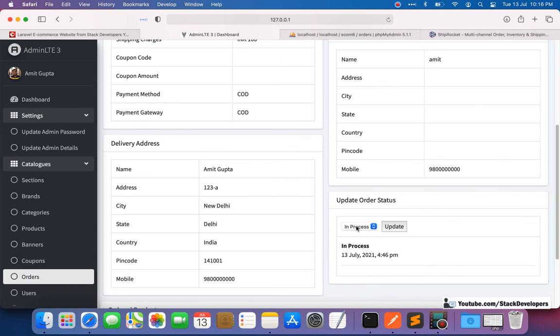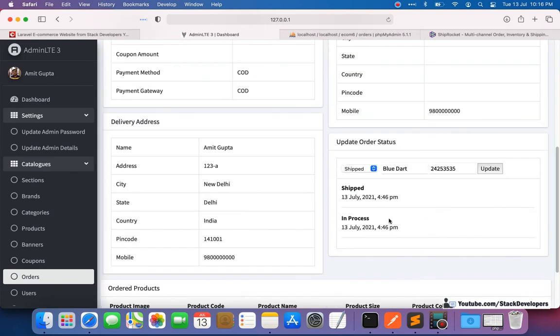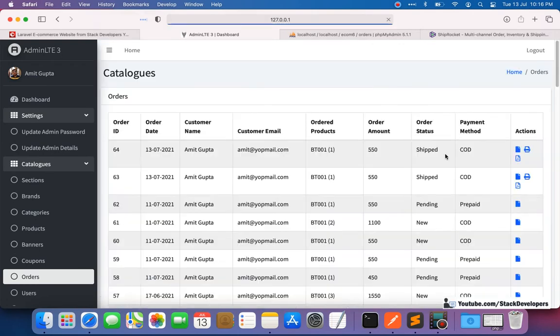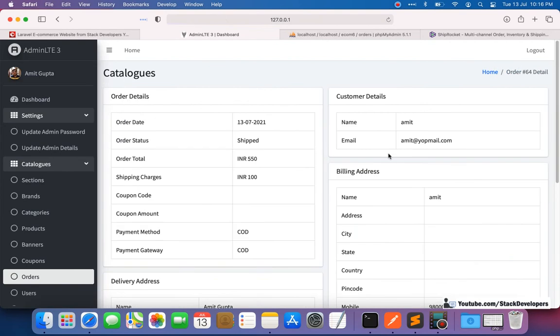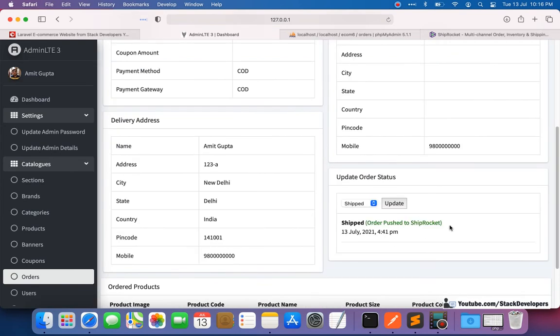Or if you update to shipped and give some other courier name like Blue Dart, and make sure that no error message comes here, then it will simply come as shipped, but it will not say that the order was shipped to ShipRocket. But in the case where we have shipped the order to ShipRocket, there we are going to show it like this.